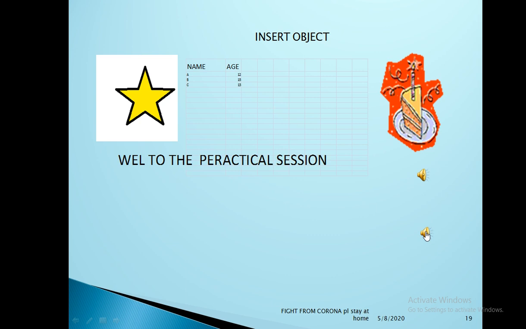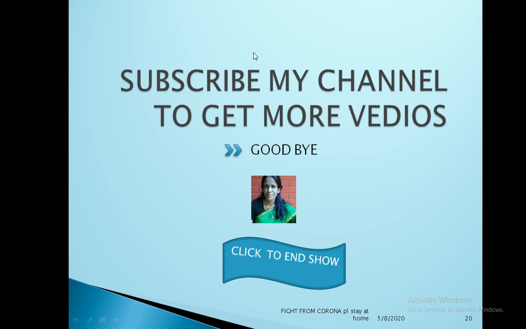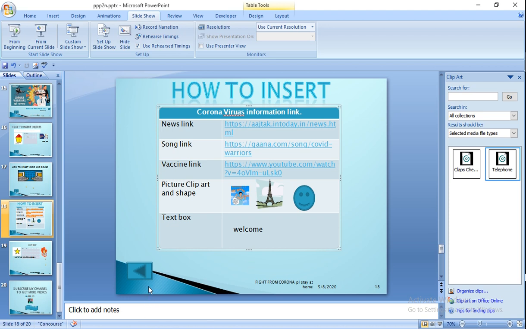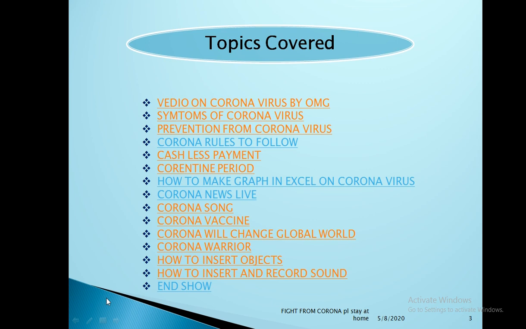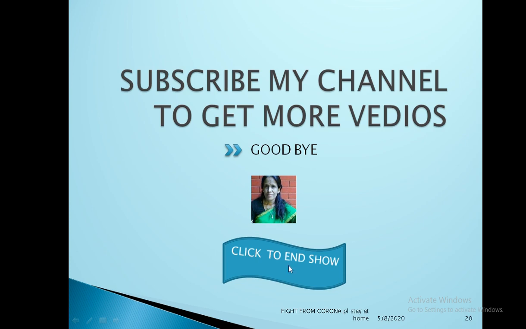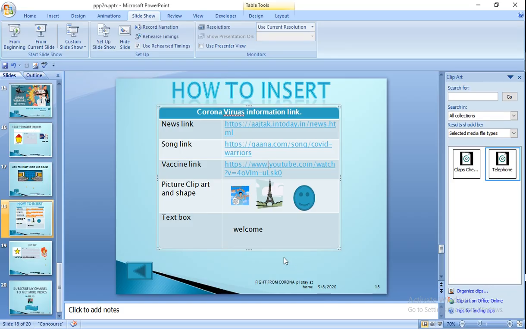It will record here, and when you run your presentation, the recording will run automatically, and what you have to tell the audience you need not tell, the sound which runs will tell. Okay, then I will end the show. One thing is left, how to create the link for the action. Suppose I run this current slide, and when I press this, it will go to the index menu, and for that you have to set the action.